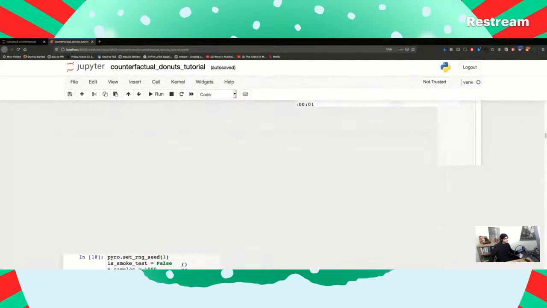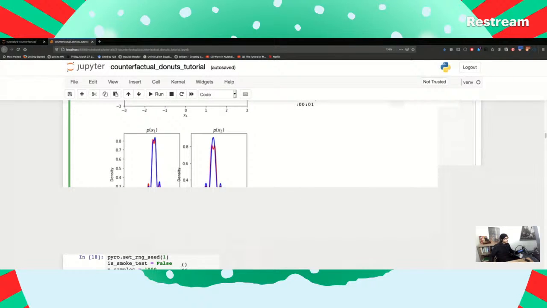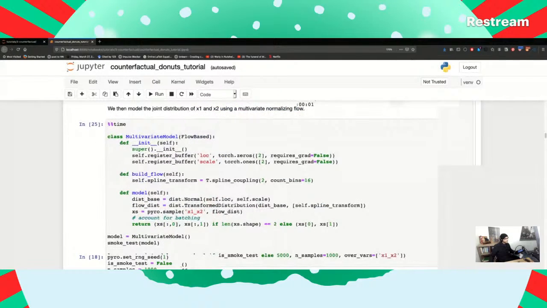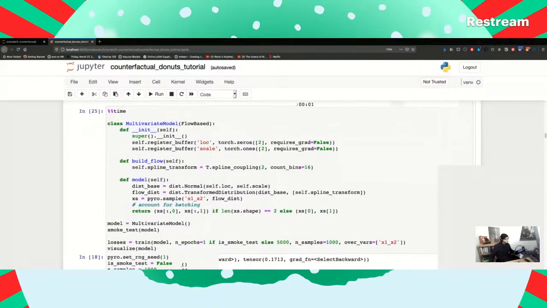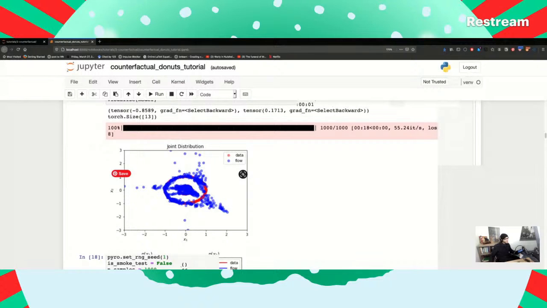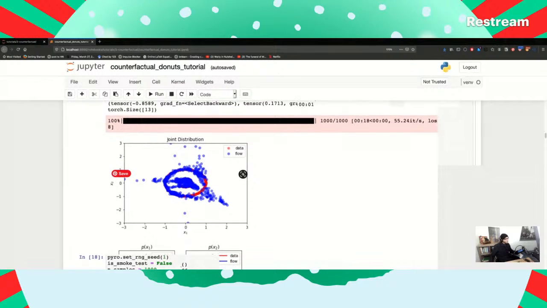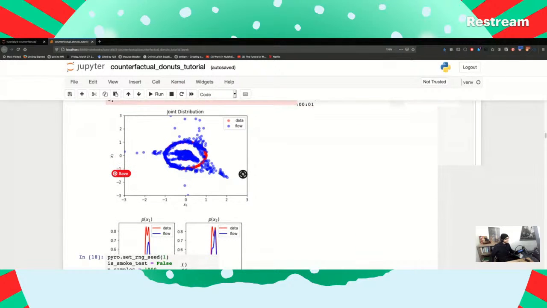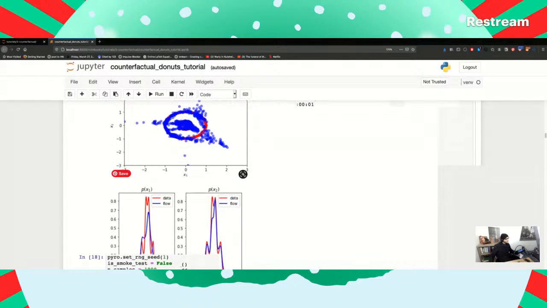While this so-called spline coupling is modeling both X1 and X2 at the same time. And so we get some more faithful representations of the donut shape, although we seem to be deviating here for some reason, which is actually an interesting artifact. I'm wondering what's causing that.